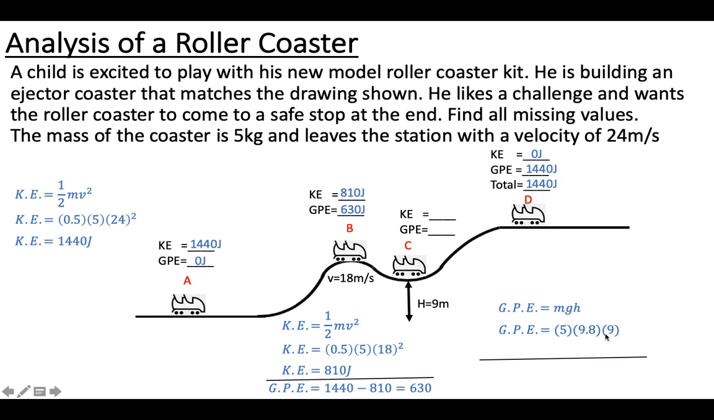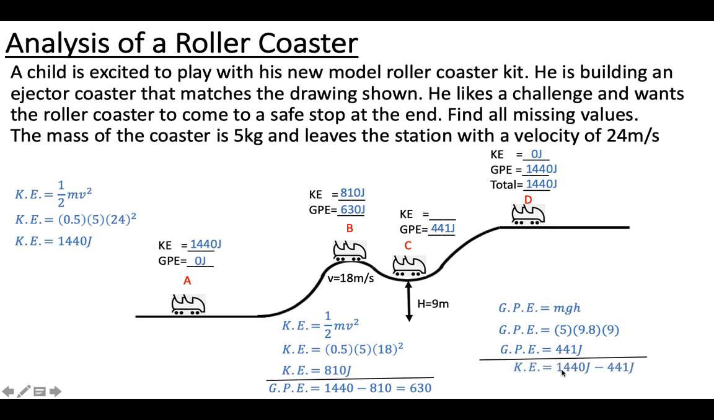5 times 9.8 times 9, you multiply all that, and you get 441 joules. Okay, 441 joules. So that's going to go up here in the potential energy spot for point C, 441 joules. Very good. And to figure out the kinetic energy now